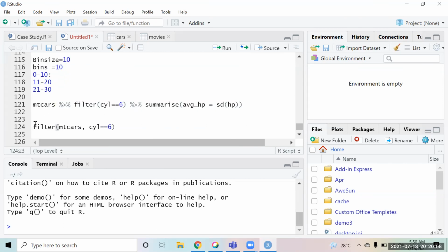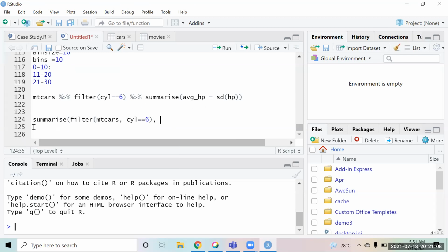Then this data is used, and from this data we summarize and try to find the mean of HP. This is the normal process of how we write the complete function.